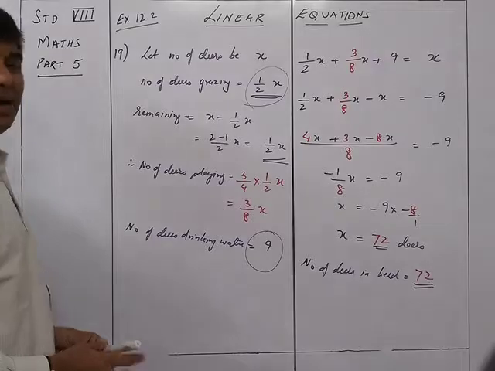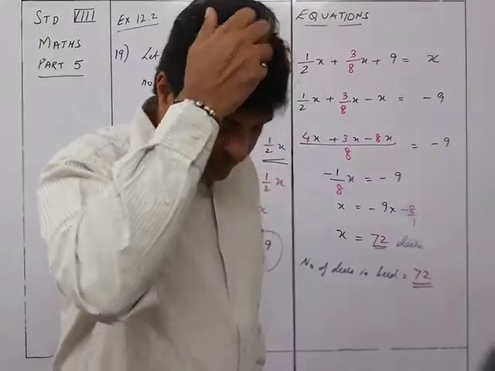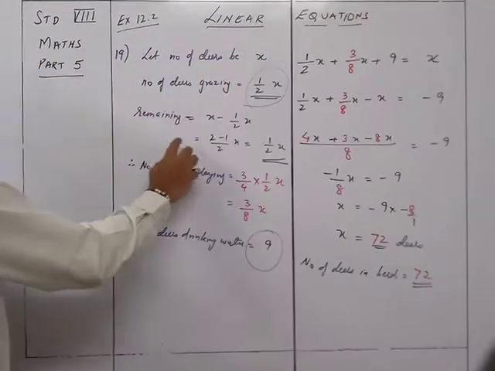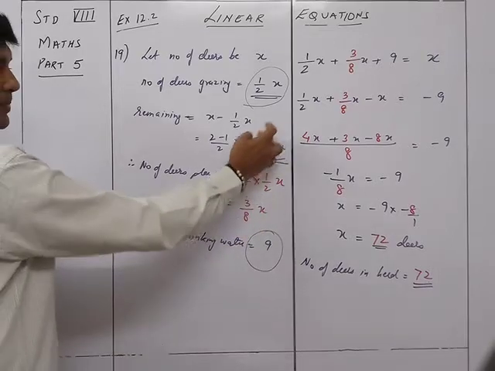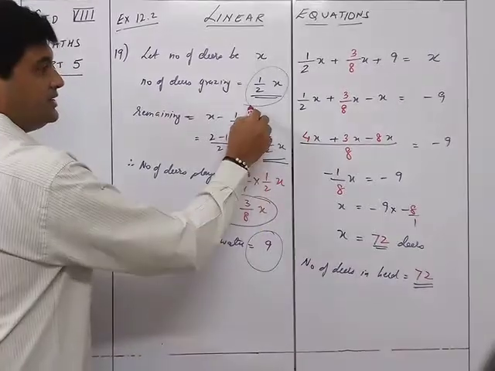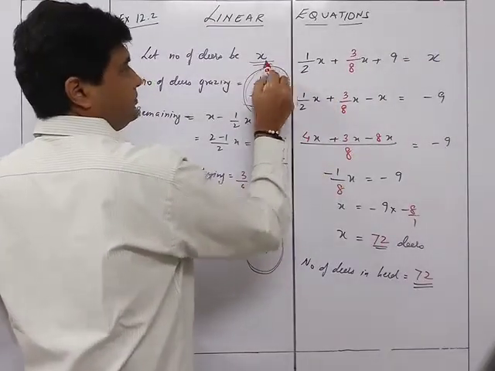Okay, mistake in my reading the sum. I think यहाँ पे 2/3 मैंने पढ़ा पता नहीं, some mistake. So it is 3/4. So accordingly what will happen is that 3/4 of the remaining, so that is 3/4 of 1 remaining was 1 upon 2. So that's why this over here, and this over here totals to x.